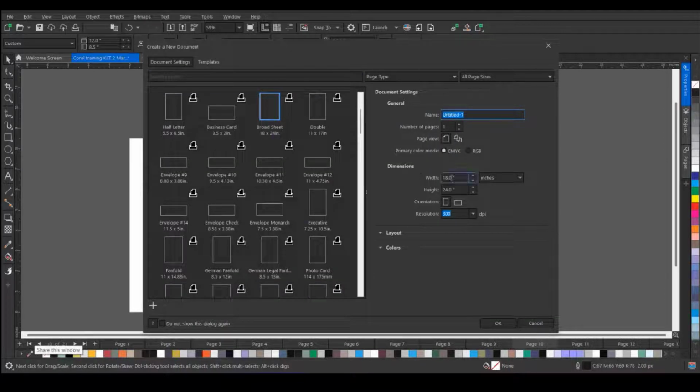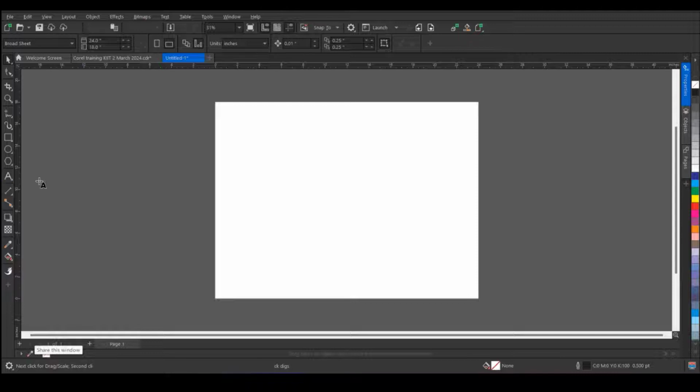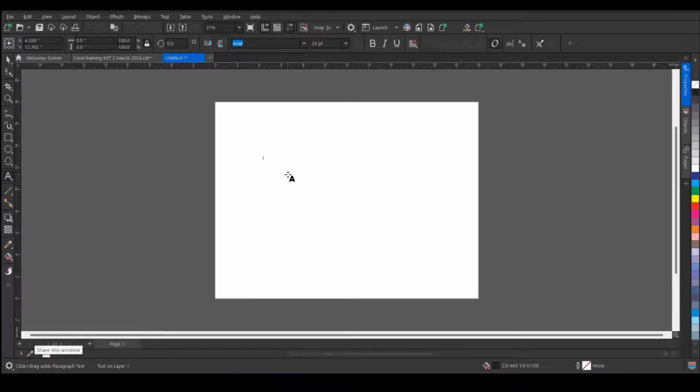And now from here you can define the size. What size of document do you need, right? So I'll keep it default and click on OK. Now when I go to text tool, when you click and type like this, so this is called artistic text. But when you click on the text